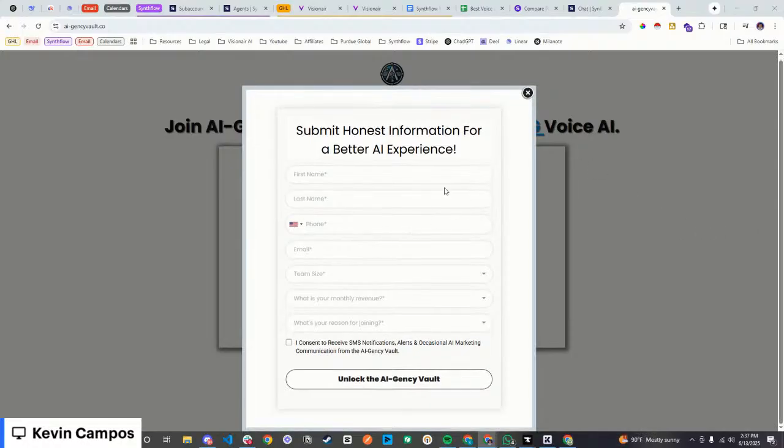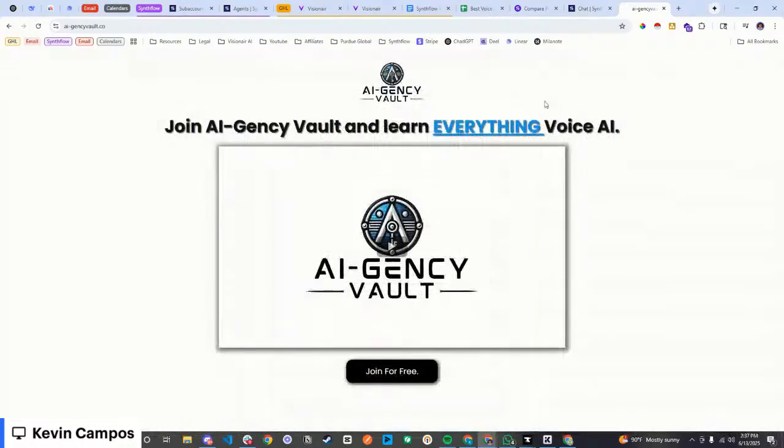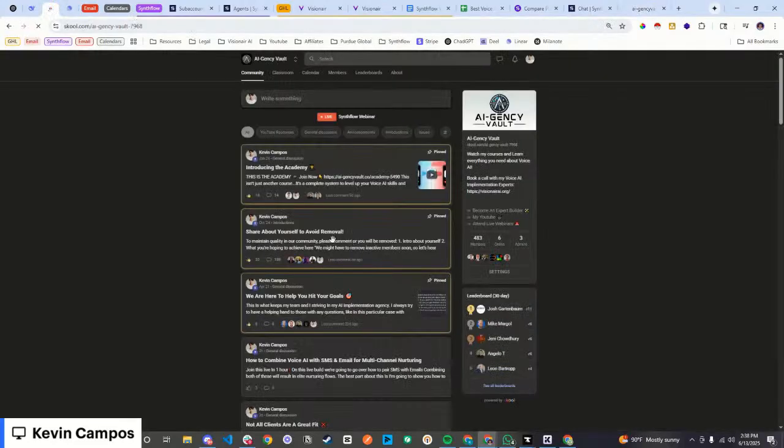In that form, you're going to be able to see pretty much how a voice AI experience works, right? So let's say, for example, you do fill out the form. There should be a voice AI that calls you. And then once that voice AI calls you, it could either book you into a meeting. And then, of course, it's going to prompt you over to my community. And in my community, there's around 483 people that are in there. They're active. They want to make sure that they become a successful voice AI agency, which is what I help with.